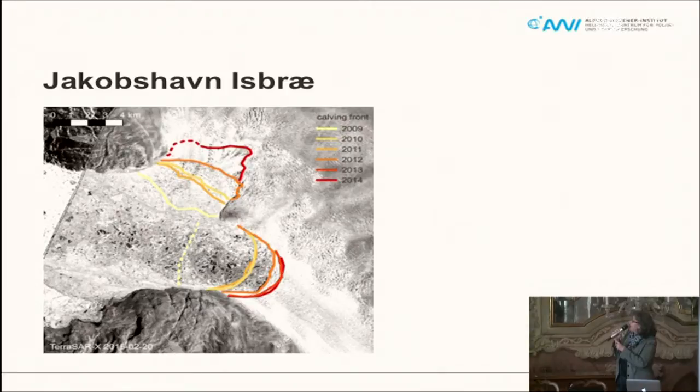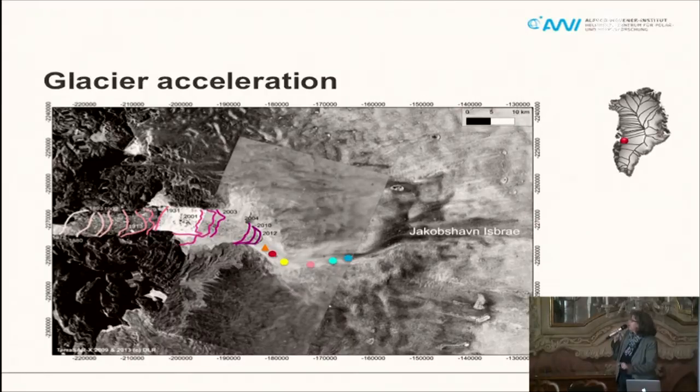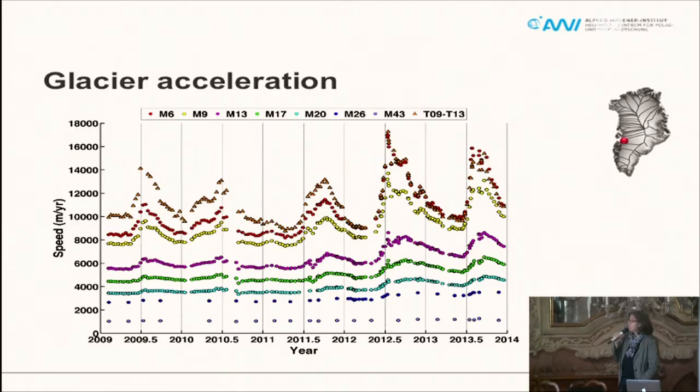So this is the calving front of Jakobshavn Isbrae, in colors the different years. And if you look at the system, that's a kind of broader picture. You have here the fjord in which the glacier fronts are sitting. This is the main trunk of the Jakobshavn Isbrae. And if you take a few dots here and look at the velocity of the glacier at these locations, and you do that over time, then you do see a speed up of the glacier.